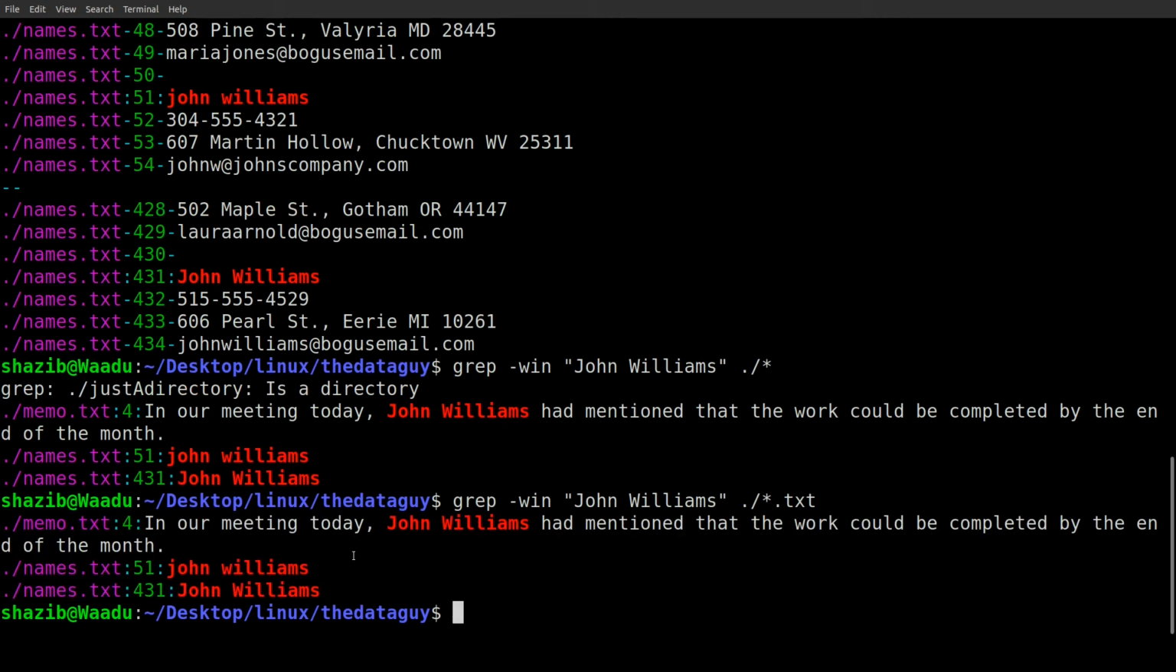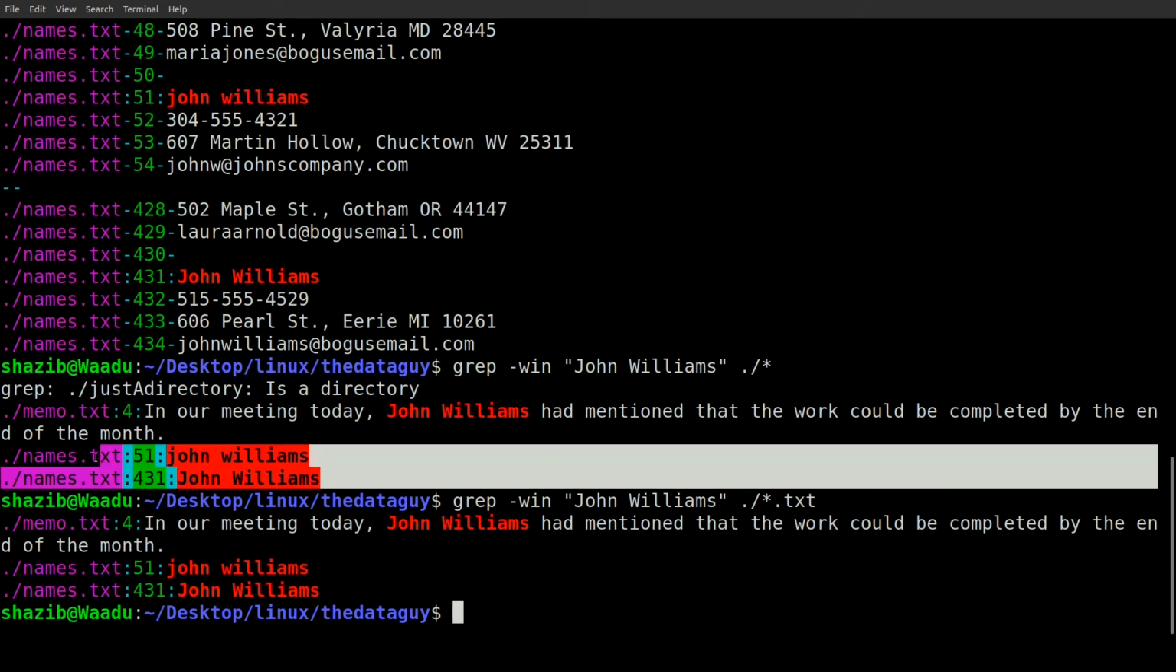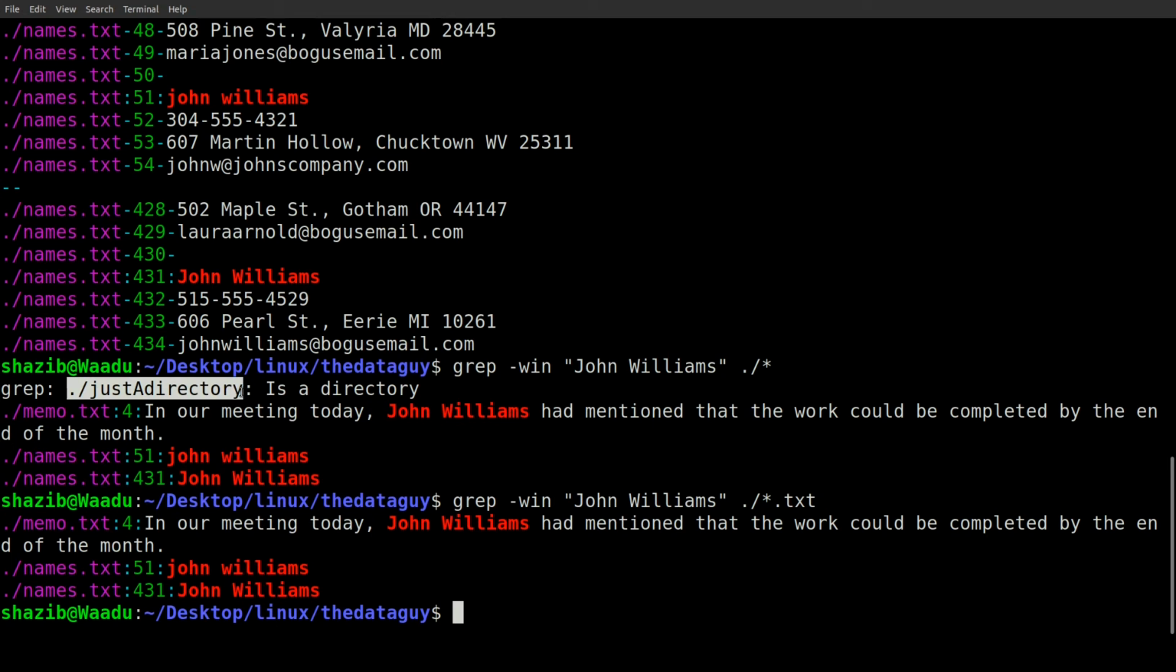But the thing is that I'm not searching in my just a directory. I'm just searching all the files that are present in my present working directory, but I'm neglecting the directories. I'm searching only in the files, but I'm rejecting the directory. So suppose you want to search all the files, all the directories and their subdirectories without getting errors or doing extra work, you can use a flag that is R. That means recursively. It will search recursively in directories and their subdirectories,